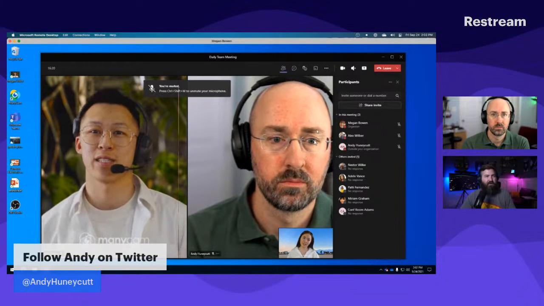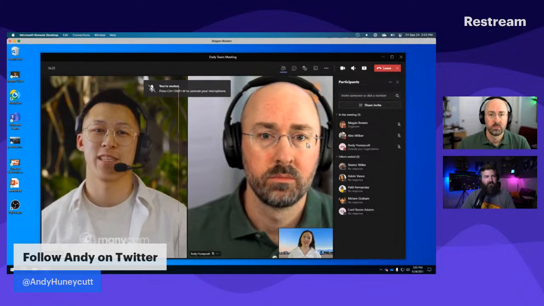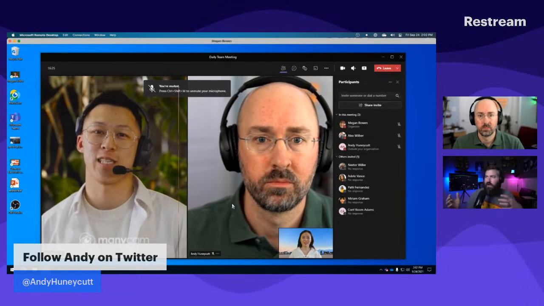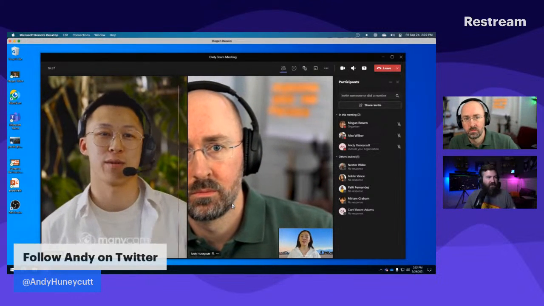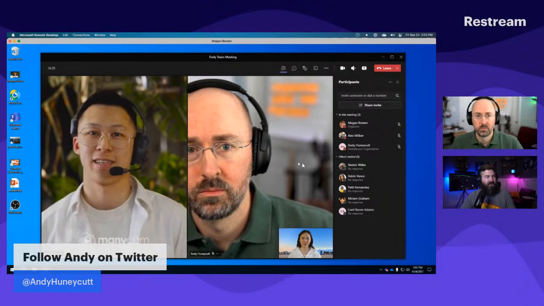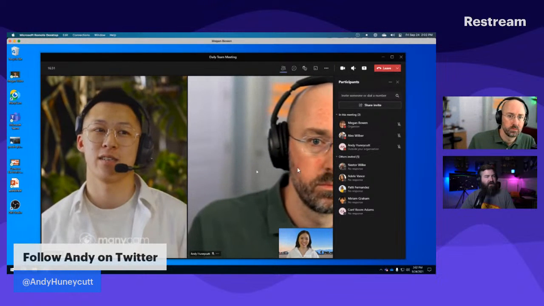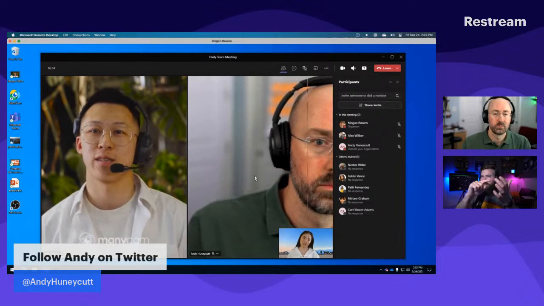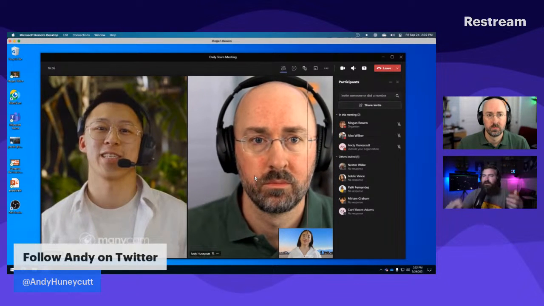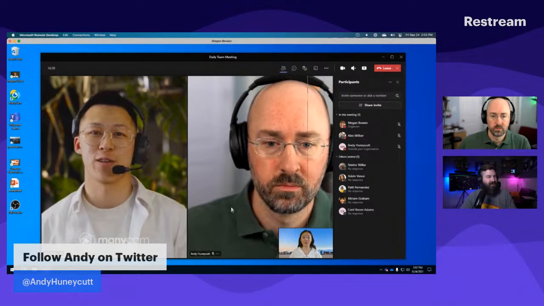Now you see how much Andy has cropped in. If he moves, it will generally follow him, it'll reframe. You can actually, no, it's not doing it. On mobile, I've seen you can tap and move the person around inside that crop, but I guess it doesn't do it on the PC version.